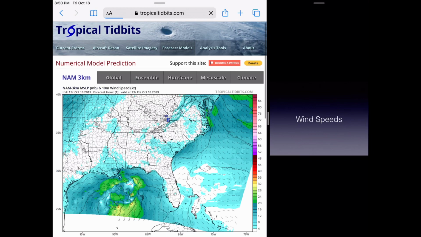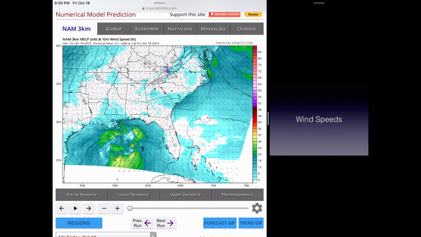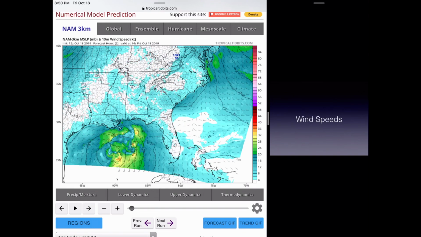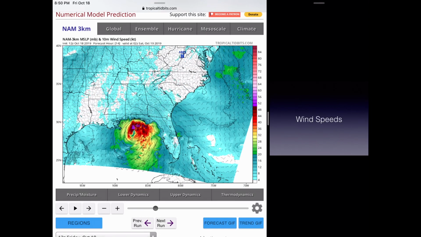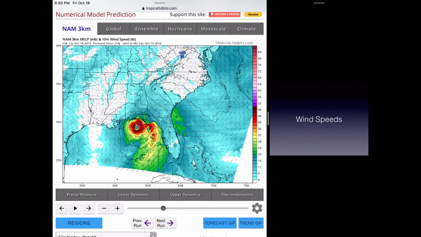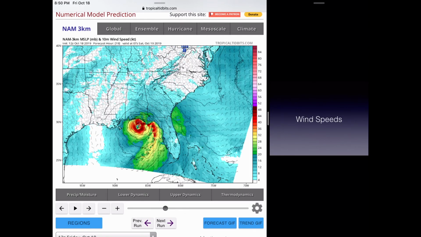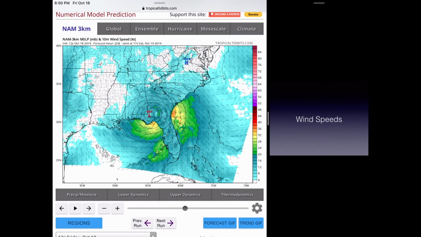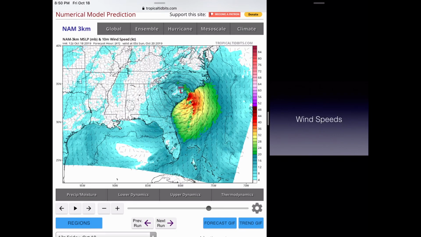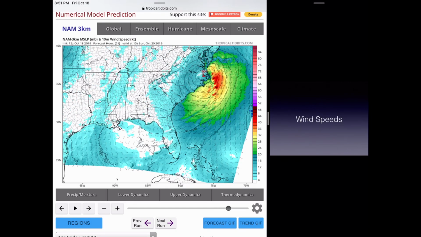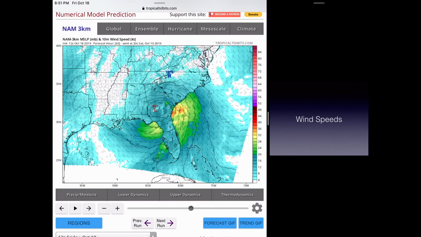Now we're going to look at 10 meters. So, about 10 yards above the surface. You can see that the storm, you have a little bit more even wind. And when it makes landfall, not much wind on the surface inland, but on the shoreline you could see, especially like the barrier islands of